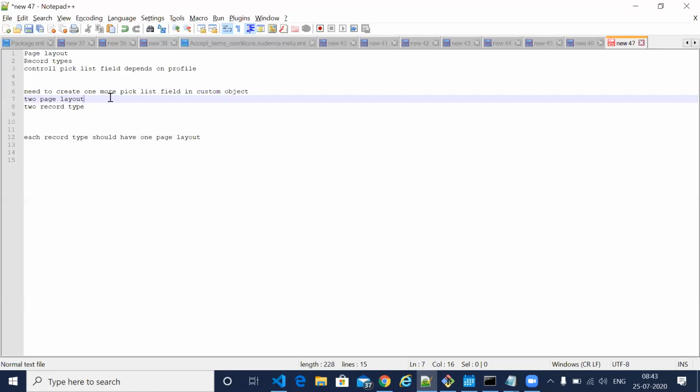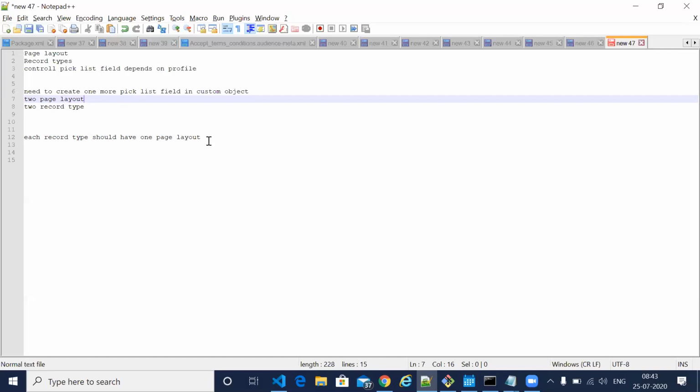What you can do is create some more fields. I think you also have fewer fields. If you have more fields, then you will be able to change things and check. So you can create one more page layout in your same object. After that, create two record types and activate both of them. Then go to page layout assignment and assign.